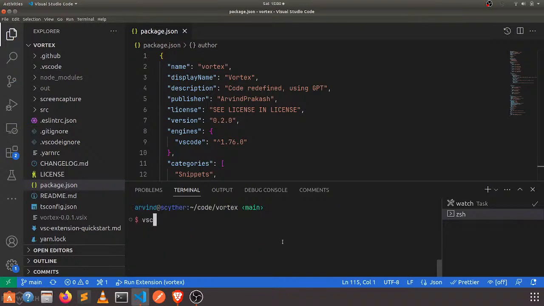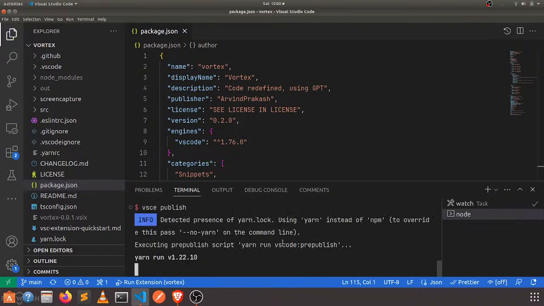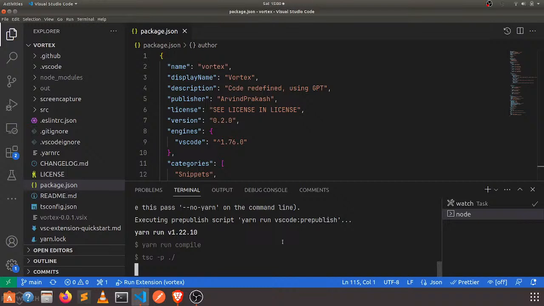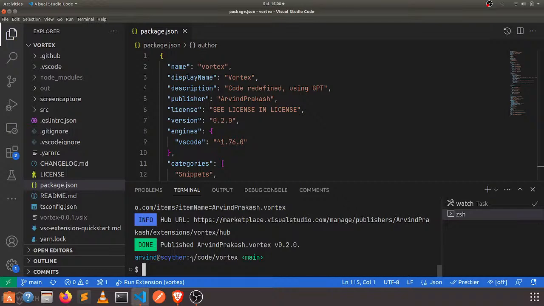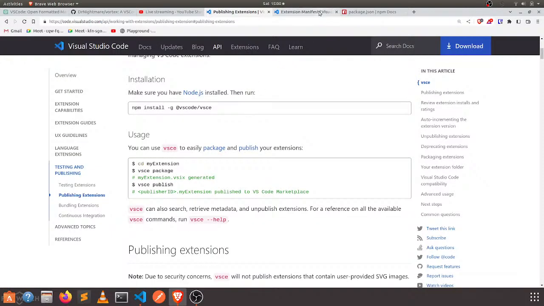Okay, I am on my main branch because the terminal had not updated, so I thought I might have been on a different branch. Go ahead and published. Let's go to